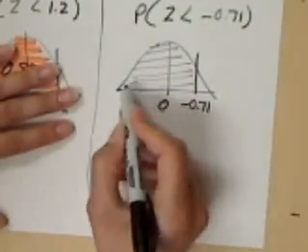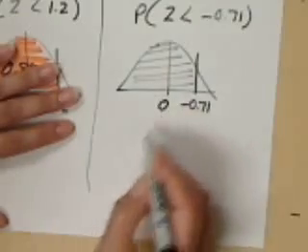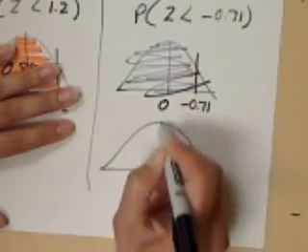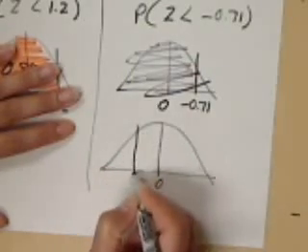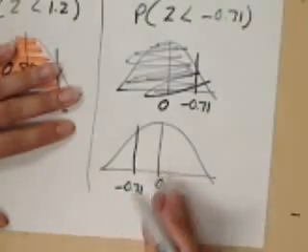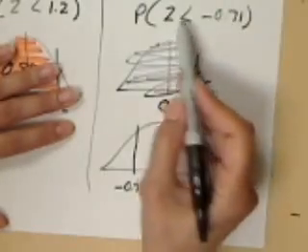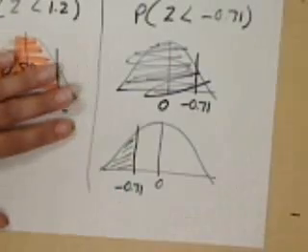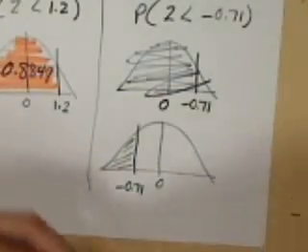This is a negative number, so it would have to be to the left of the mean. So scratch that. 0, negative 0.71 on the z-axis would be to the left of the mean, and we want to know the area below it or less than that, so that would be this area right here, and that's a straight reading off of the